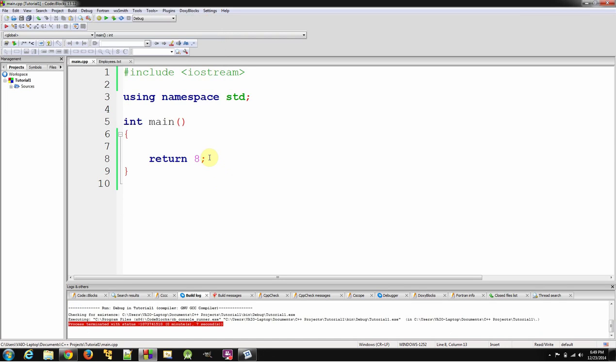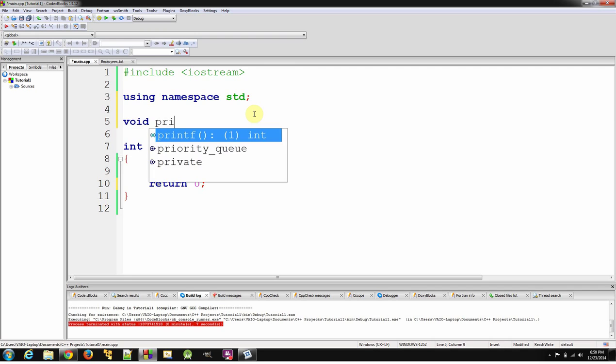So at that same token, let's go ahead and turn it back to 0, and let's create our own function that returns a value. We're going to make our first function not return anything, and then we'll make a second function that does return something. So our first function is going to be void, meaning it doesn't have a return type. And to do that, you type void, and we'll call our function, you can call it anything you want, we'll call it print